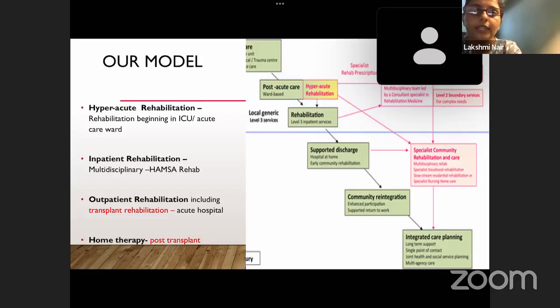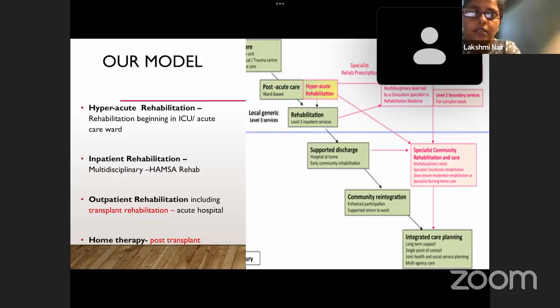And after hyperacute rehabilitation, we have the facility for inpatient rehabilitation. I think Kauvery Hospital is unique in that it has its own rehabilitation unit. It has OT, speech, everybody working together in a multidisciplinary mode. It not only caters to transplant patients, but other general rehab patients also are there. But we take good care of the sterile precautions while exercising the rehab patients.